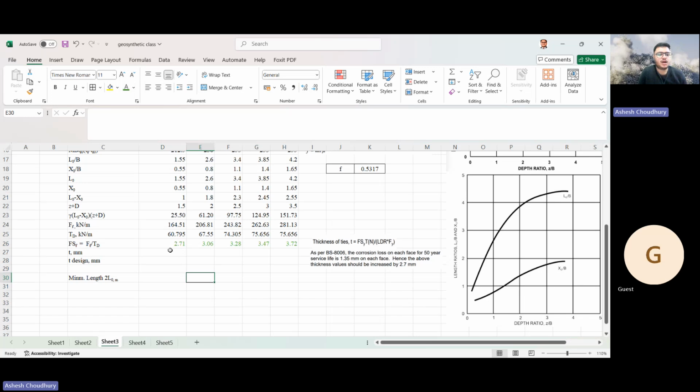Now what is the thickness of the ties? That thickness of the ties you actually have to calculate. Now when we calculate the thickness, we had two conditions, right? If you remember,